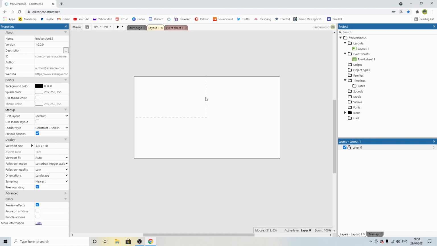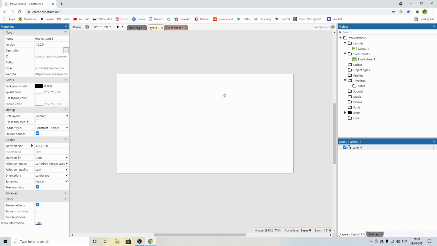So you can see this dotted line around the side. This is our viewport. The size of the canvas here, this is our level, and we're going to keep it the same, I think. Now, I don't know where this is going to go. It's going to be a bit like the experimental platformer tutorial series that I did already. I'm going to basically make it up as I go along, and by the end of this series, we're going to have a pretty good top-down space shooter with a bit of polish, using only what we can in the